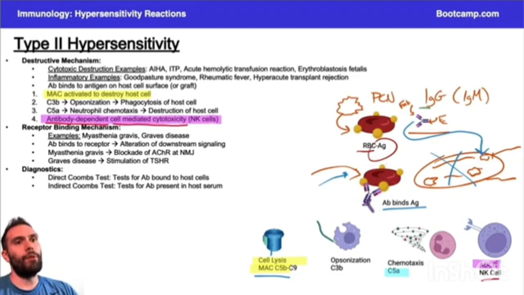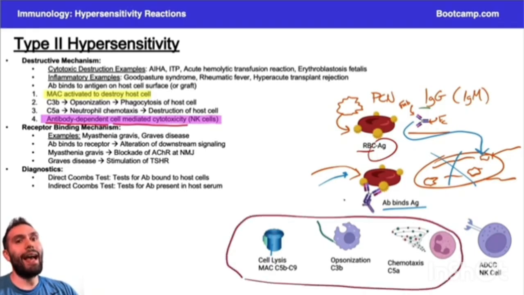Okay, so just remember, these are your 4 major pathways, and a lot of this is really complement mediated. If you're just trying to remember this, you can remember that a large portion of the cell destruction that's happening because we're binding to our own cells is mediated by complement. You just have to be familiar with your complement cascade. This all goes back to the complement video. We're just adding a layer to that, and then also be familiar with antibody-dependent cell cytotoxicity that's largely